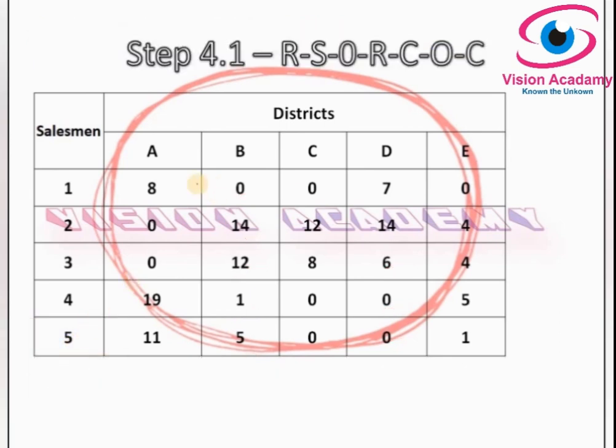In step number 4, we have to start with rows. In the row we have to identify the single 0, and for that single 0 give a rectangle around that 0 and cross out all other zeros in the column. So let's find the single 0. Here 3 zeros are there. Yes, here a single 0 is there. Single 0, and cross out all other zeros in the respective column. So here there are no zeros. Here there are 2 zeros. Here too there are 2 zeros. So we have completed step number 4.1.